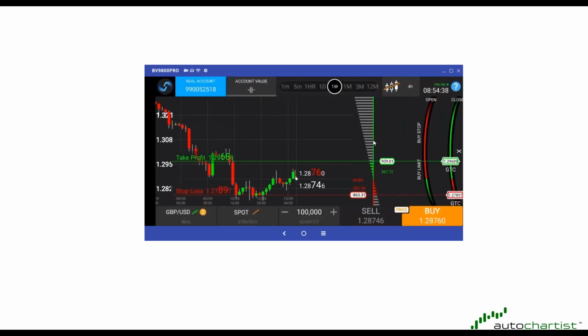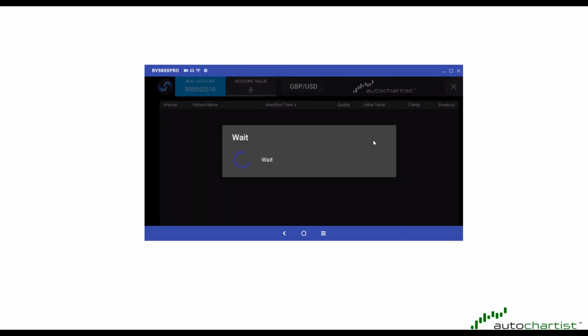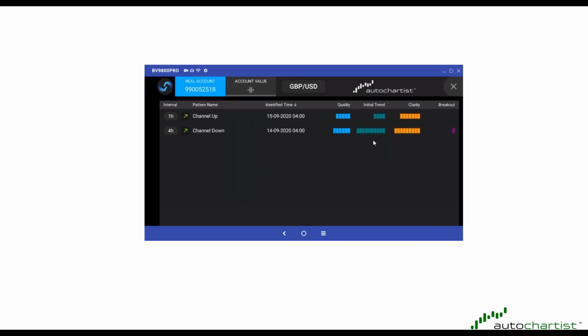We also have another AutoChartist link next to where it says pound against the dollar. You have that AutoChartist logo and a 2 in a circle. That yellow 2 at the bottom left, if you touch it, is just telling you we have two signals, and you can always access them. And here they are. You can get a list of them and choose which one has the clarity or quality